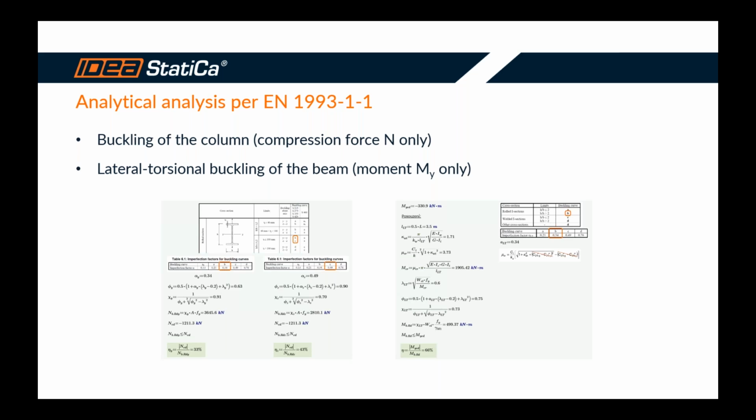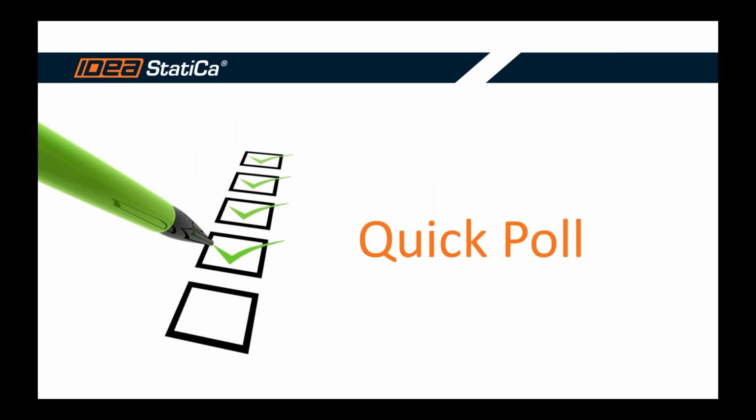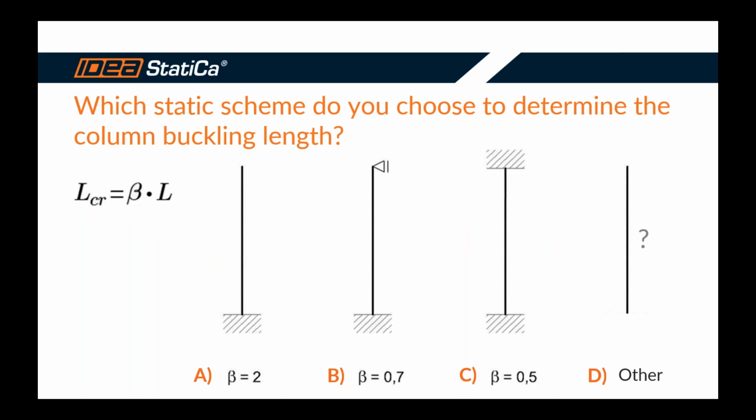And before that, I have another quick poll for you, or a little quiz prepared. So get your brains and experience ready, please. This is the quiz. You saw the structure, you saw the system, and now as you need to do the hand calculation, you need to determine what is the static scheme of the column you want to analyze for buckling